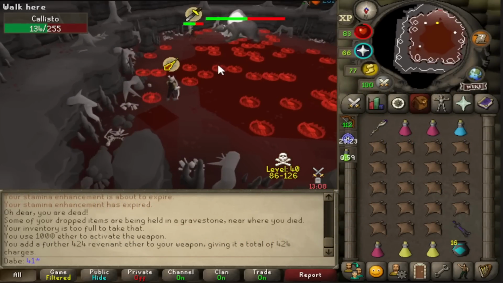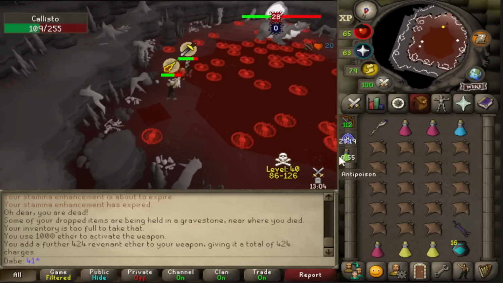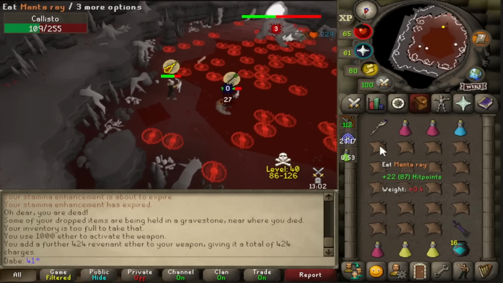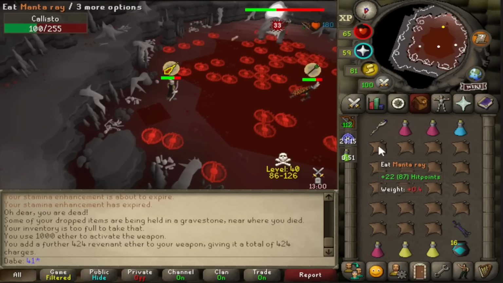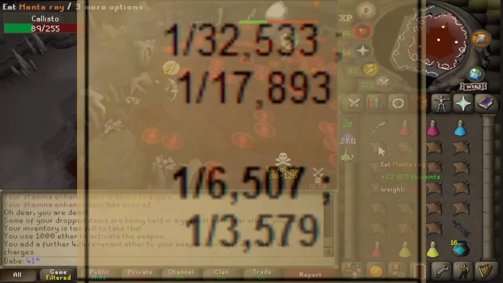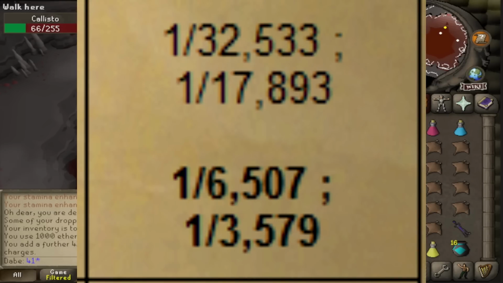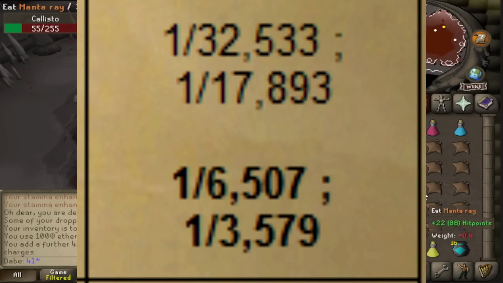Like you guys know, I've killed a lot of the Revenant Demon. In fact, I have about 14,000 kills on it, and I have not received anything from that table yet. But with this update, I can now actually receive them at a very, very favorable rate. The previous rate on top is 1 in 17,893, and the new rate, if I'm on task and everything, would be 1 in 3,579. That is...